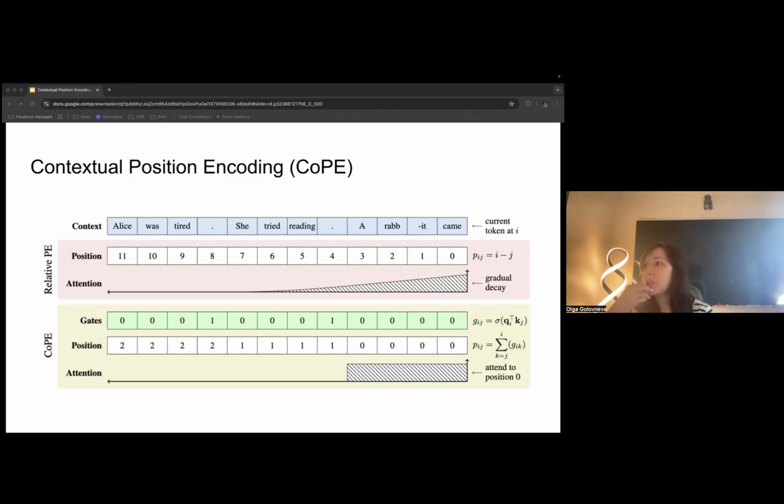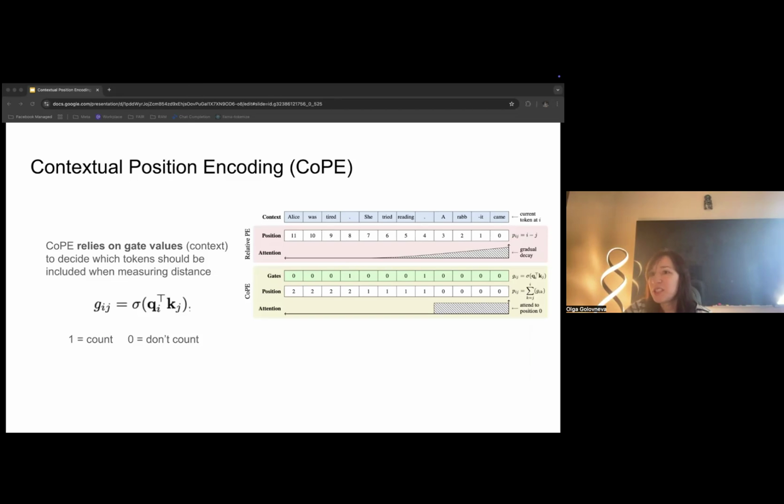In this example, attending to the last sentence using relative positional encoding is challenging. And the best it can do is this gradual decay attention shown on the top. COPE can count the sentence endings and simply attend to position 0 and increase counts each time it sees the end of the sentence token. And thus it will differentiate between these different abstract semantic units.